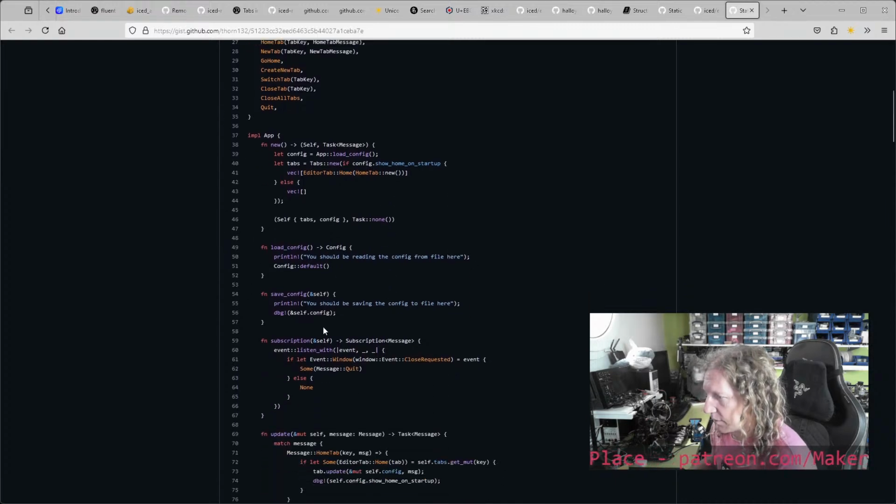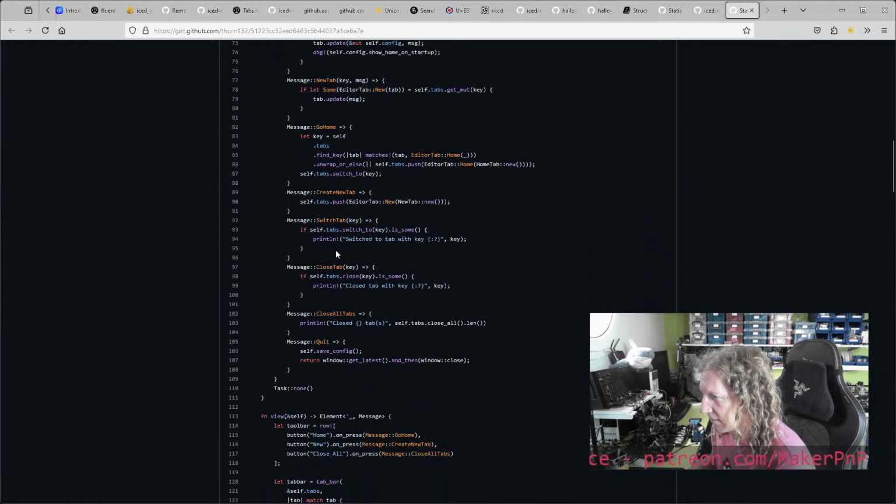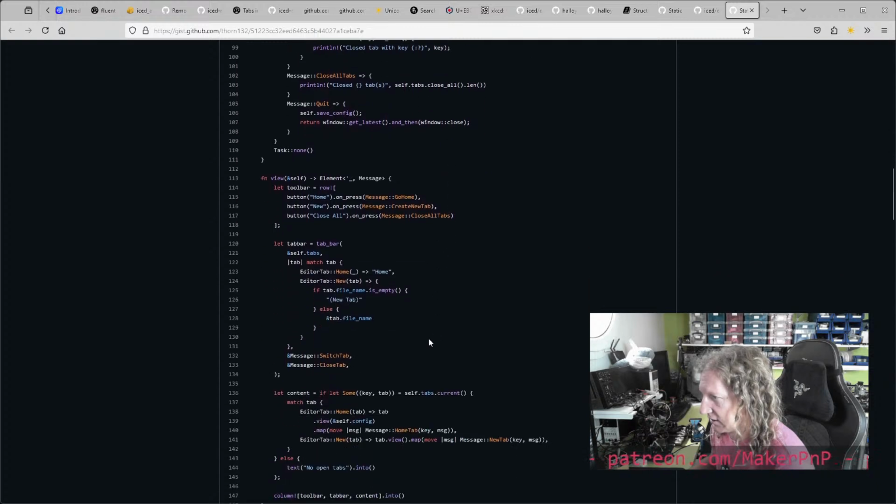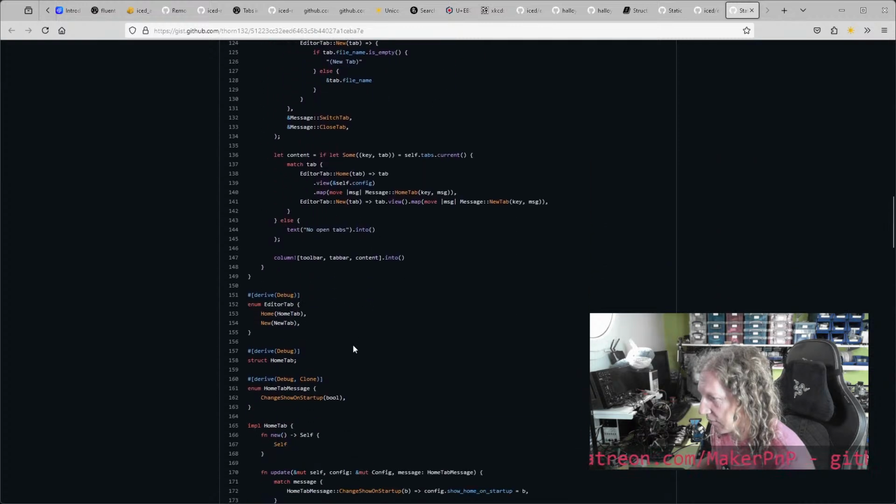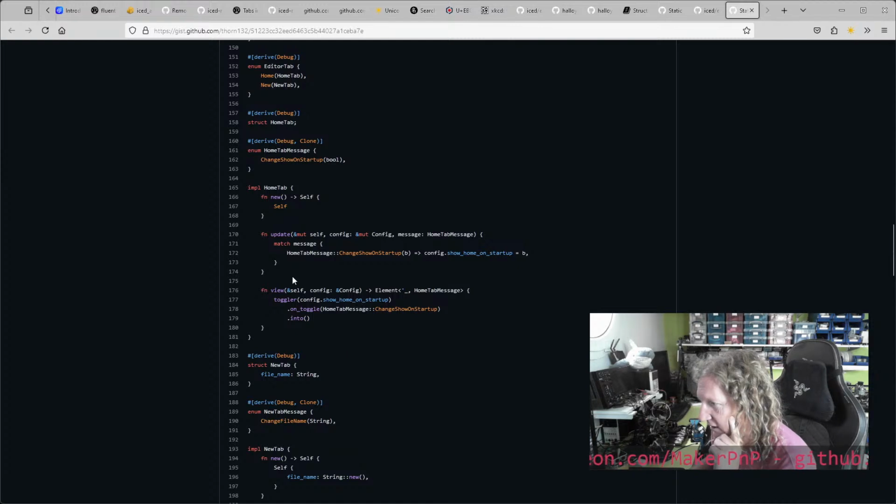So we've got an app, fine. It's got an update method, fine. It's got a view, right? And where's the home tab? So the home tab says